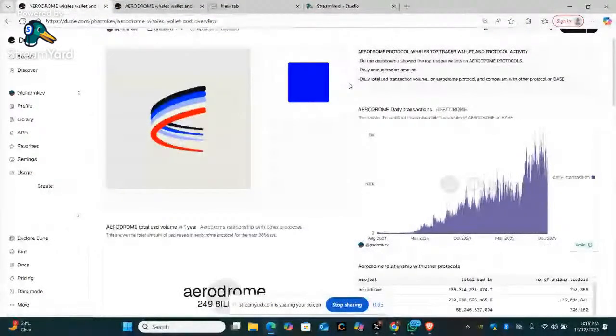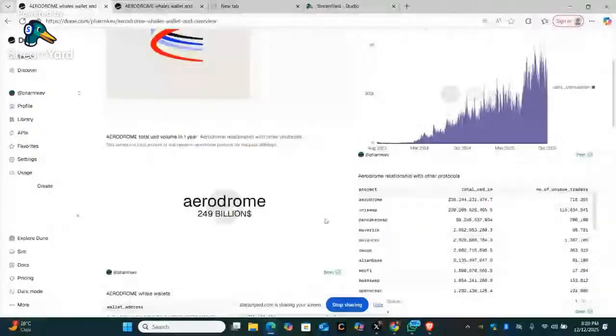So where did I stop? I was talking about the wallets, the kind of wallets, if these wallets are actually organic or they are